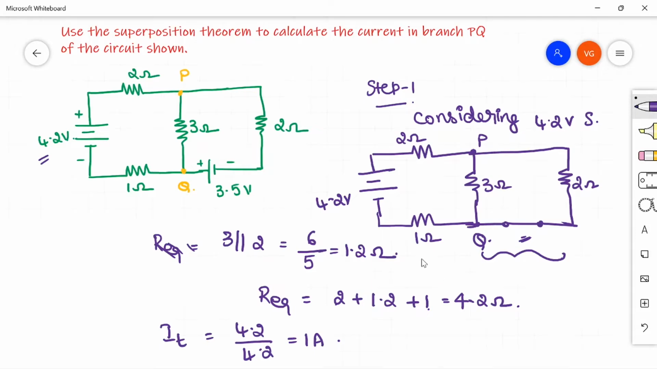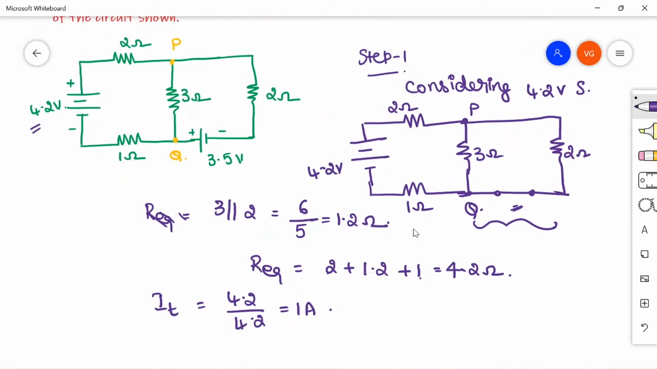So the current that is coming out from this 4.2 volt source is 1 ampere. So this 1 ampere is divided between this 3 ohm and 2 ohm. We need the current that is flowing in 3 ohm. So for the current in the 3 ohm resistor, I will use just the current division rule. Total current, that is 1, into opposite resistance, that is 2, divided by the sum of the resistances, 2 plus 3, right? So 2 divided by 5, that will be 0.4 ampere. So the current that is flowing in this branch PQ, or in the 3 ohm resistor, is 0.4 ampere because